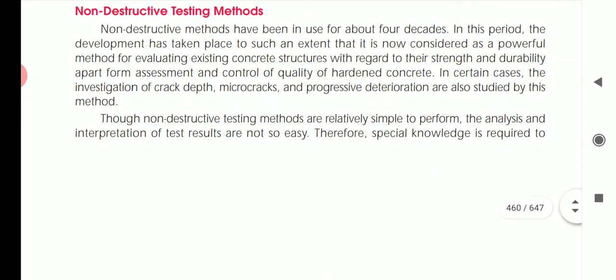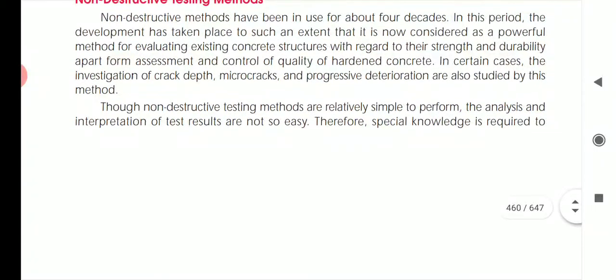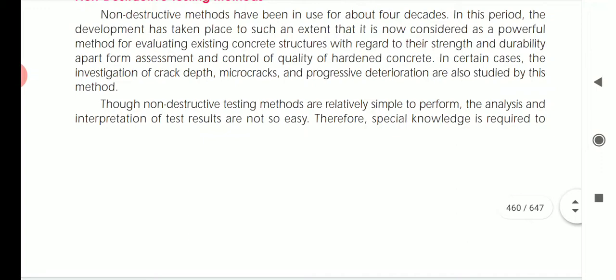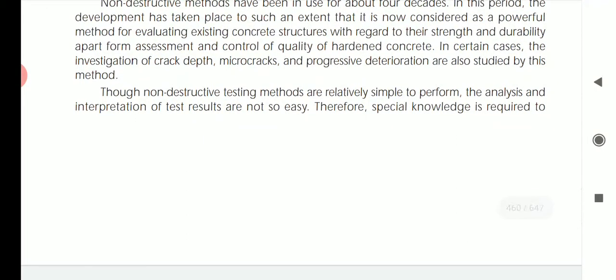So the non-destructive methods have been in use for about 4 decades. In this period, the development has taken place to such an extent that it is now considered a powerful method for evaluating existing concrete structures with regard to their strength and durability, apart from assessment and control of quality of hardened concrete. In certain cases, the investigation of crack depth, micro cracks, and progressive deterioration are also studied by